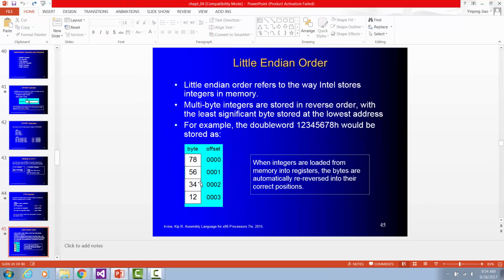Little Endian order. This is the Intel computer's order. It's going to tell us how the Intel computer stores their integers in memory. Suppose we are going to store this hexadecimal number. It's 8 hexadecimal digits. When it's stored, it's going to go by